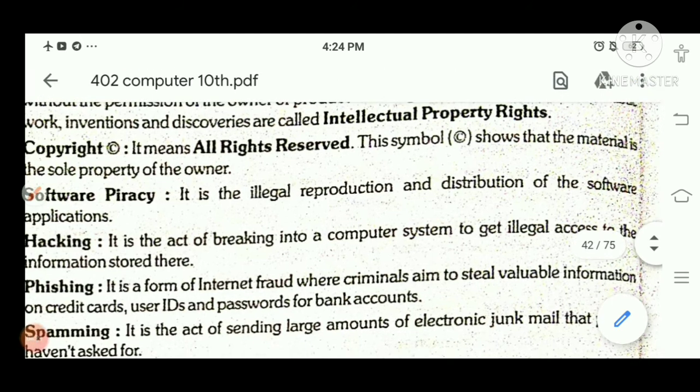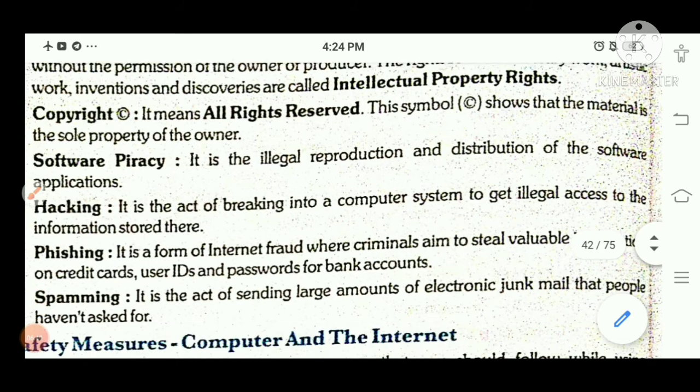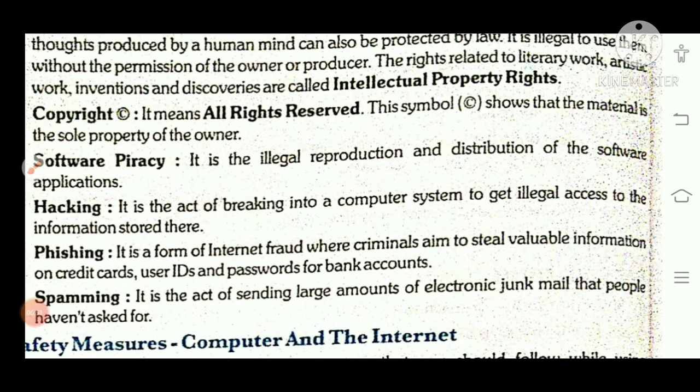Next is copyright. Copyright, children, you have seen so many sites on website, you have seen na that this C symbol is here. C represents this copyright, that all the rights are reserved with you, and suppose if anyone is using your ideas, thoughts, your website content, और अगर उसका कॉपीराइट आपके पास है और वो वहाँ से कॉपी कर रहा है कंटेंट, ठीक है, आप उसके ऊपर केस कर सकते हैं। So this one is also one illegal case, ठीक है, and we can say illegal work. So copyright is also one crime, ठीक है, और अगर कोई आपका कंटेंट यूज कर रहा है तो वो क्राइम कर रहा है।